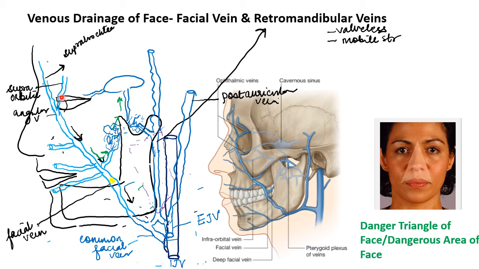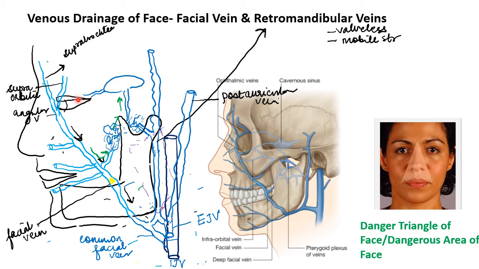So this is due to the alternate flow of blood which takes place via these deep veins to the pterygoid venous plexus and ultimately can result, so it's a rare condition, the septic emboli can move into the cavernous venous sinus and cause a blockage, a thrombosis out here. The clotting of the venous sinus takes place. As a result, there is no flow of blood from the orbit into the cavernous venous sinus,